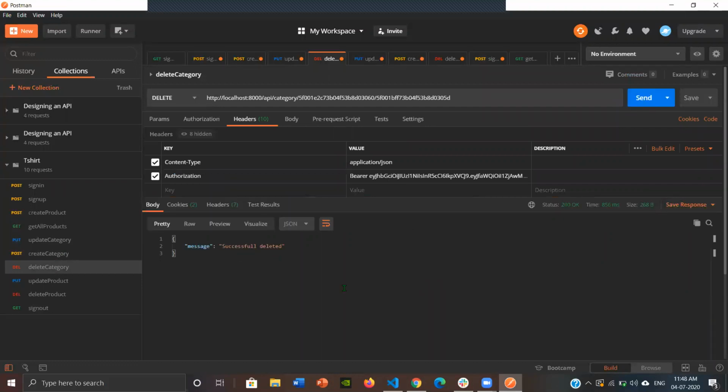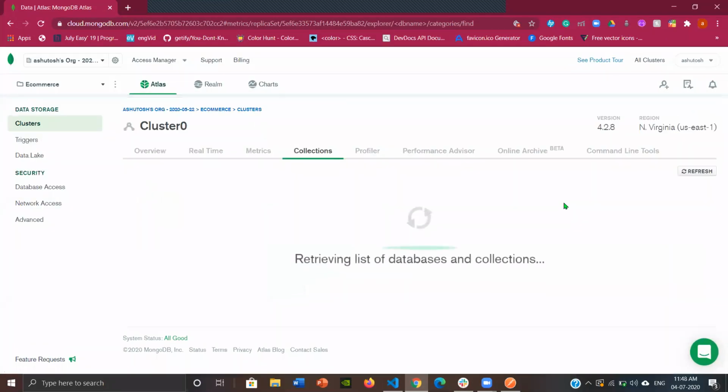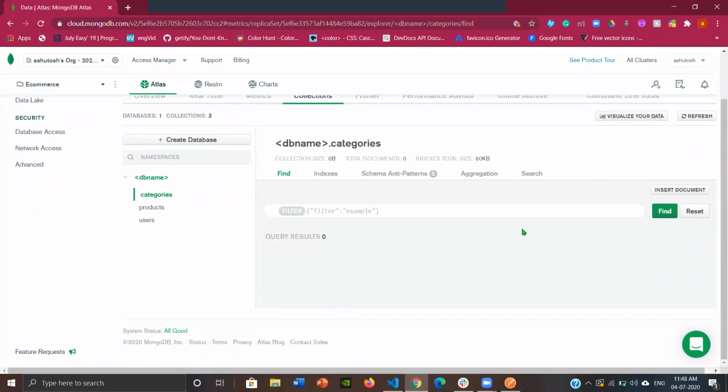Yeah, so the category is deleted. We can see it in our database. Earlier there was one category, and now we can see that there is no category, as we have deleted it.